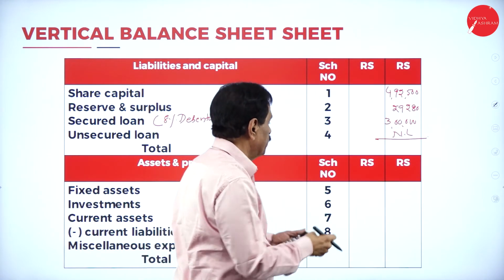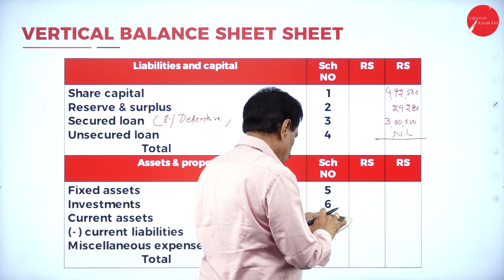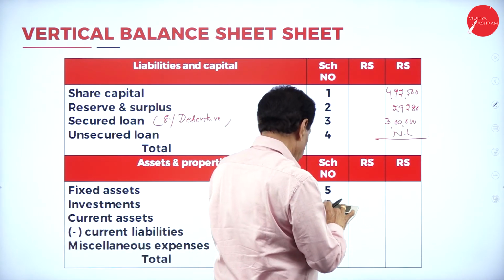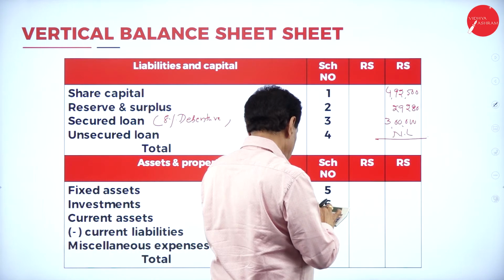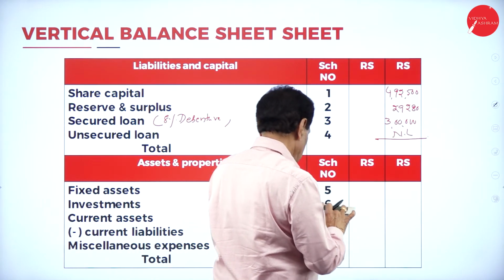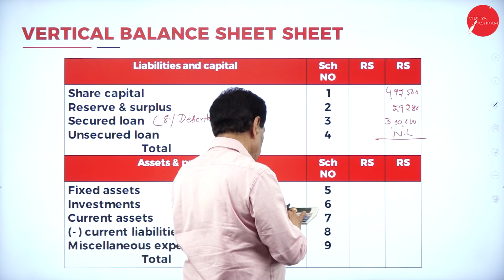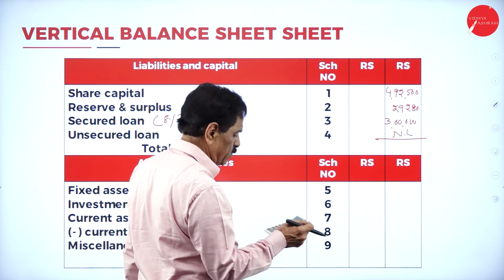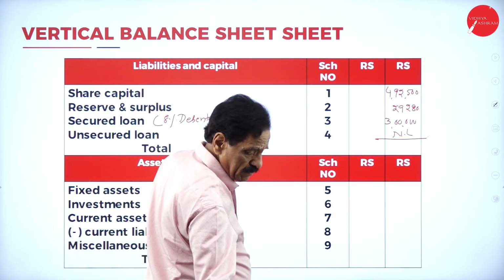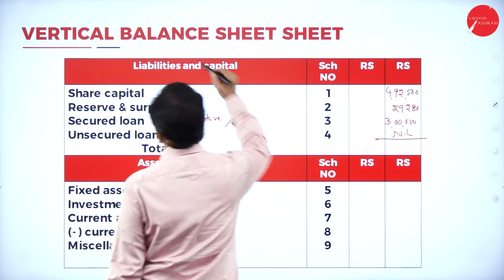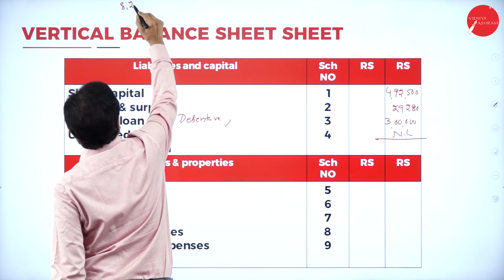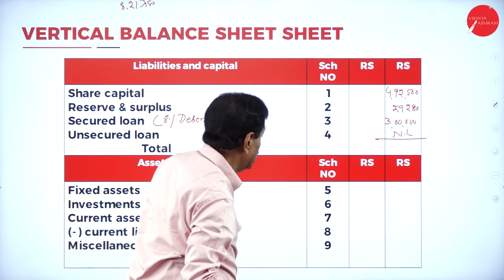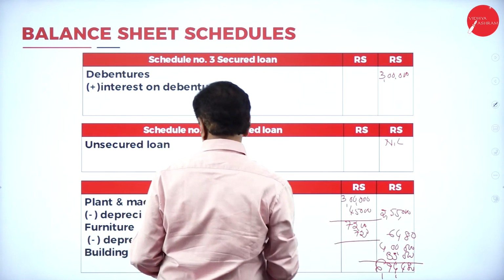This is 4,92,500 plus 29,280 plus 3 lakh, 8,21,780. Come back. Your fixed assets here